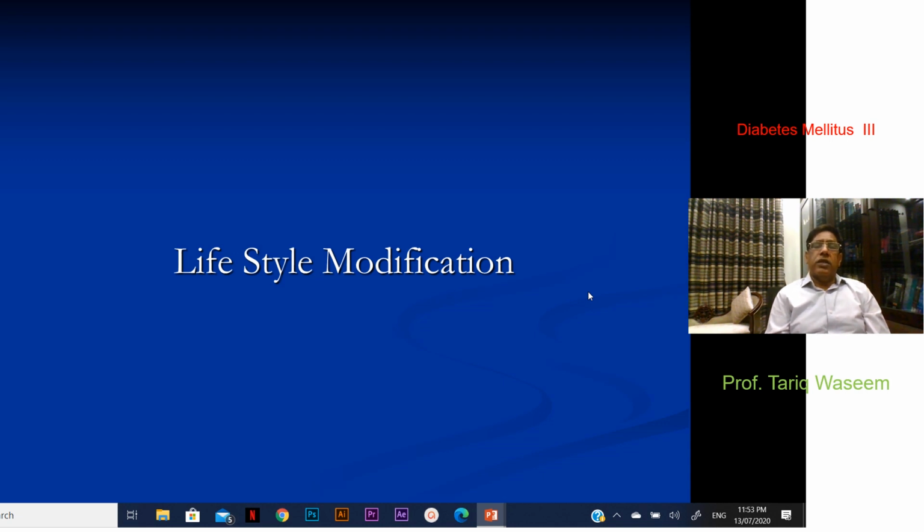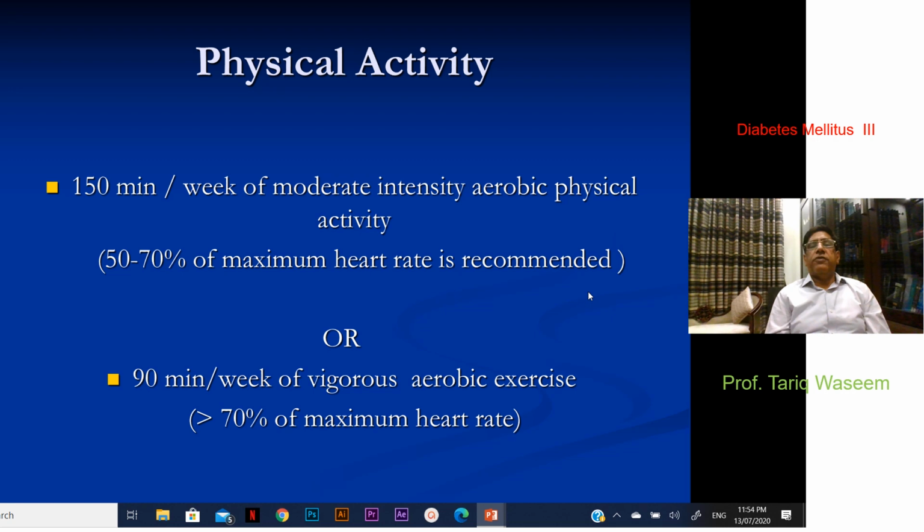Lifestyle modification is the mainstay of our treatment, so we don't just jump straight away to medication, to insulin, to other things. The first thing that we have to emphasize to our patients is that they have to adopt a healthy lifestyle with an increase in their physical activity. The minimal physical activity that is recommended for healthy living is at least 30 minutes of a walk daily for at least 5 days in a